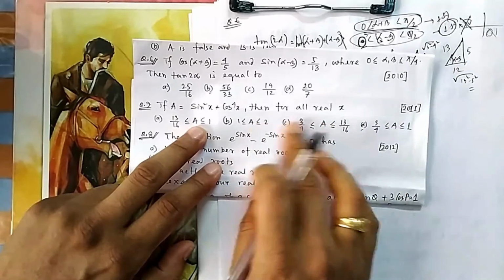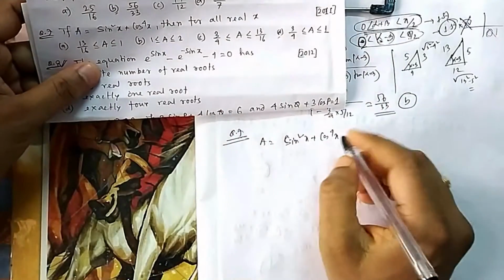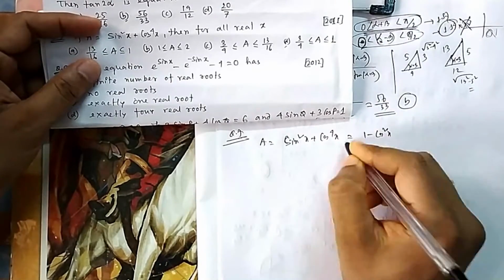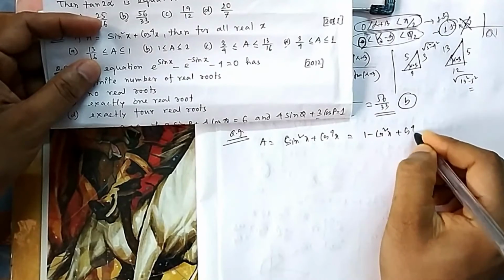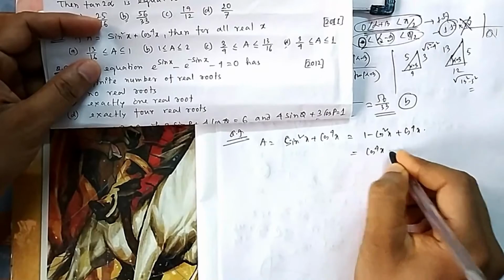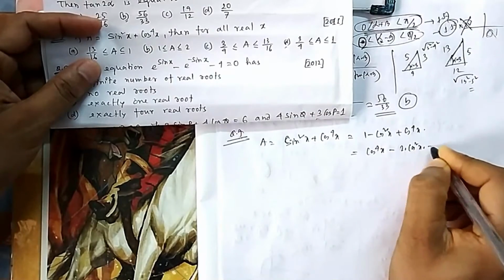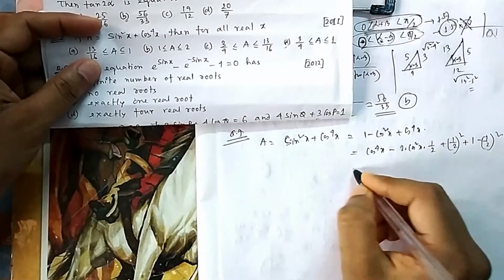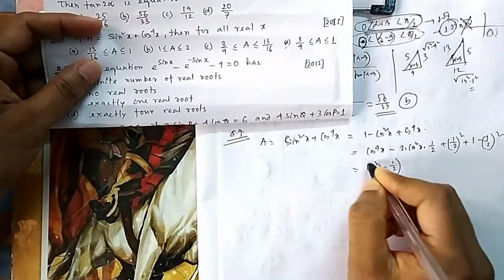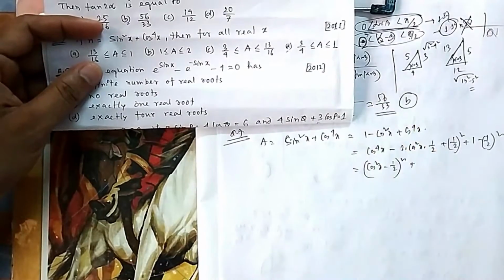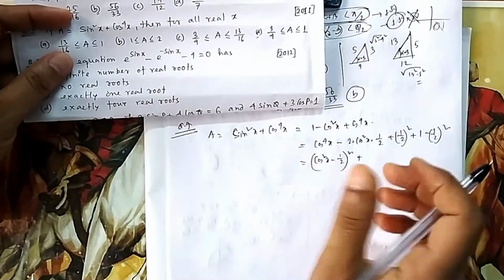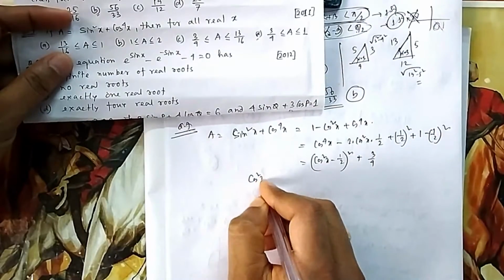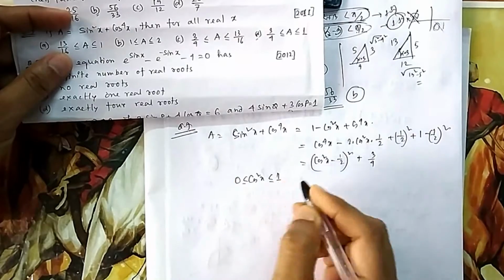This can never be 1. Okay, so let us convert everything into cos, because it is cos to the power 4. So 1 minus cos square, cos to the power 4. If I make it a perfect square, so 2 into cos square into half plus half square plus 1 minus half square. So if I do it in this fashion, then it is cos square x minus half whole square, because I know the limit of cos square. That's why I want to reduce it to cos square. So if it comes to cos square, then I can know what is the range of cos square. Cos square we know is between 0 to 1, because it is positive. Cos is from minus 1 to 1.